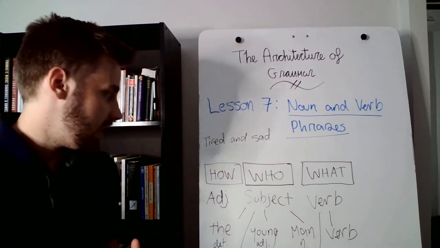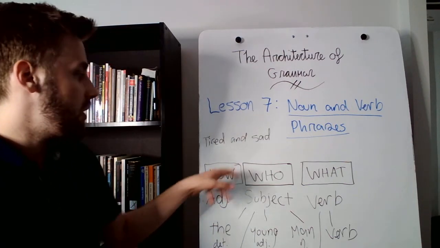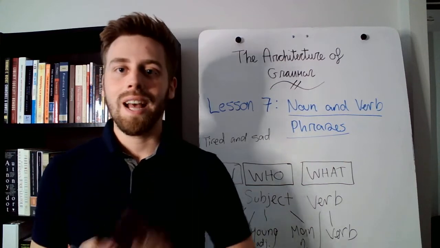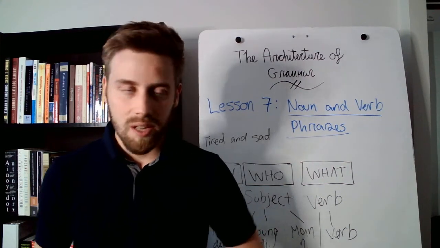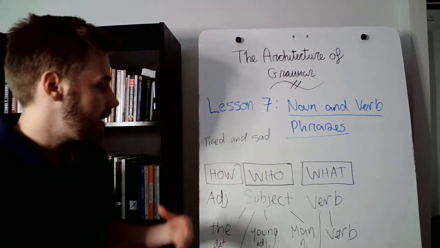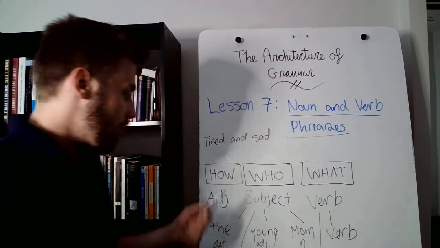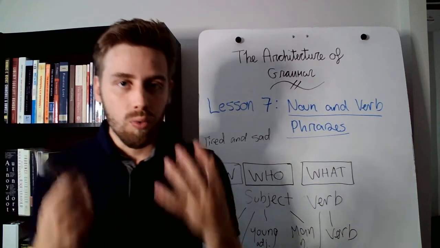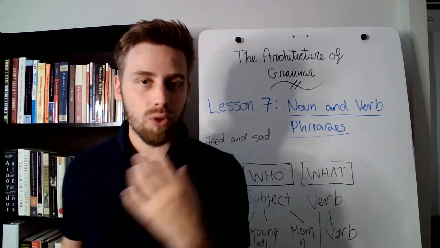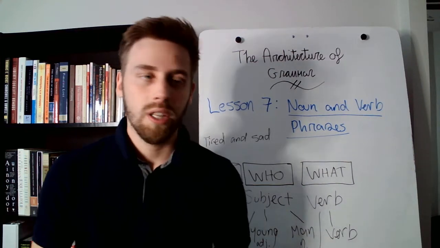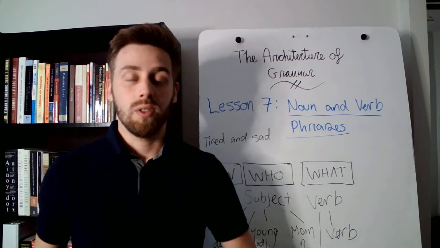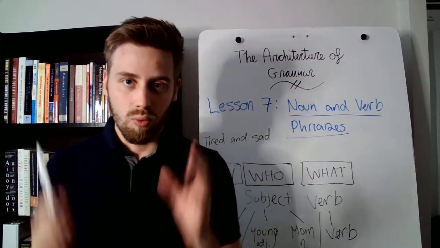So as you've seen here, oftentimes when we're dealing with information blocks, we're using words, we're using parts of speech, we're using nouns, verbs, adjectives, etc. But in some cases, we need these phrases to convey more meaning, and that's what makes our writing rich. That's what makes our writing interesting and gives it colors. So it's important to know that we can use these phrases in order to enrich our writing.